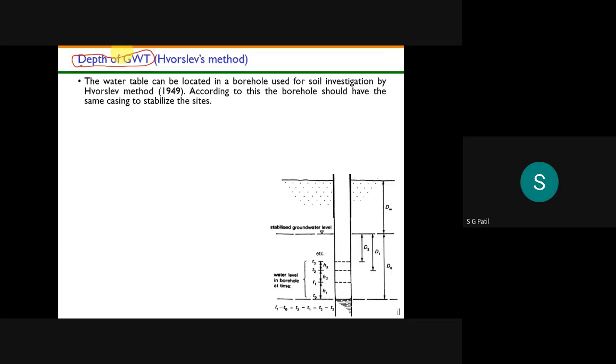But in the case of fine grained soil, the depth of the water table is a little bit tricky question, because your borehole will not be stabilized so easily within 24 or 48 hours. It will take a longer time. So that's why we have to measure certain distances for at least 3 to 4 days. Then only can we assess accurately the depth of the water table.